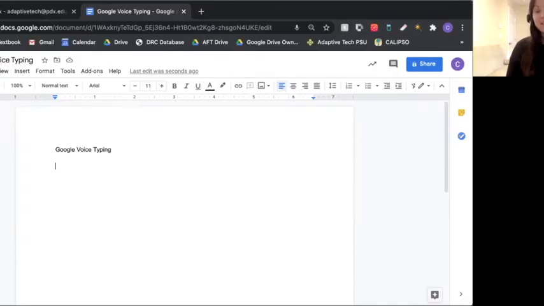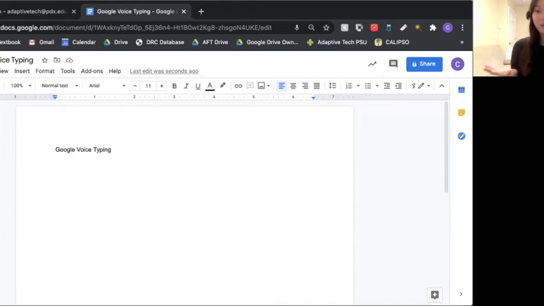Google Voice Typing is a speech to text tool, which means that it converts everything that's said into written or typed text. This can be particularly helpful if typing is difficult for you, or if you like to speak out loud and talk through your ideas. So this can be a helpful way to get you started with writing a paper, just to get your ideas out, as well as the actual process of writing the paper, because then you can actually say your words out loud and it will type your paper for you.